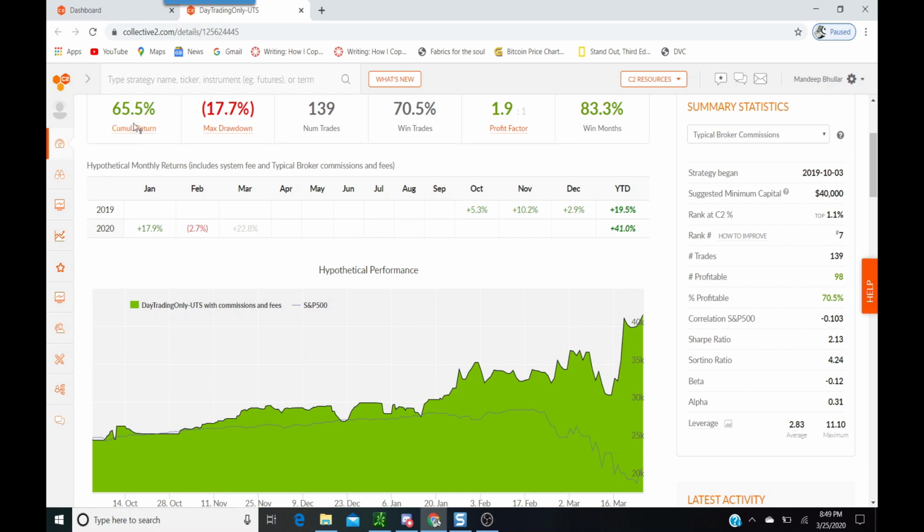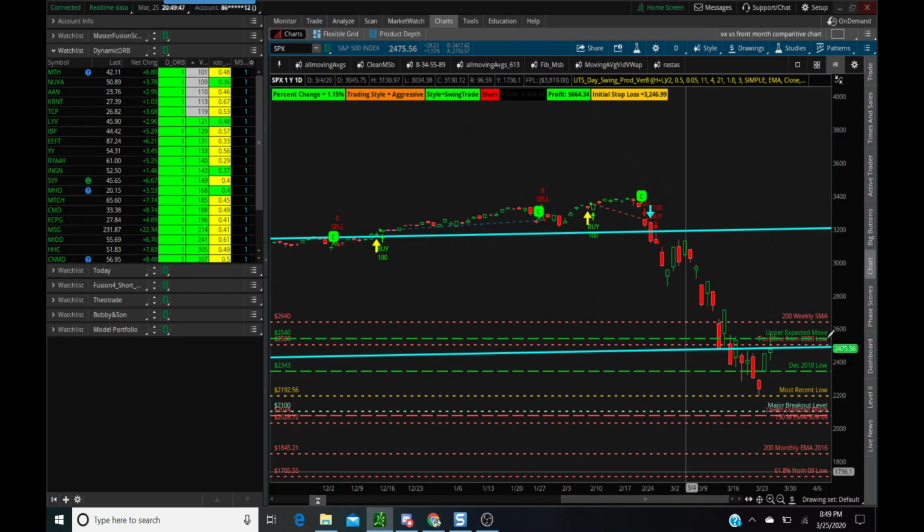So the total cumulative return is 65.5%. And you had the win month of 83.3, just one losing month, which is also very insignificant in the big scheme of things. So I'm now going to switch to